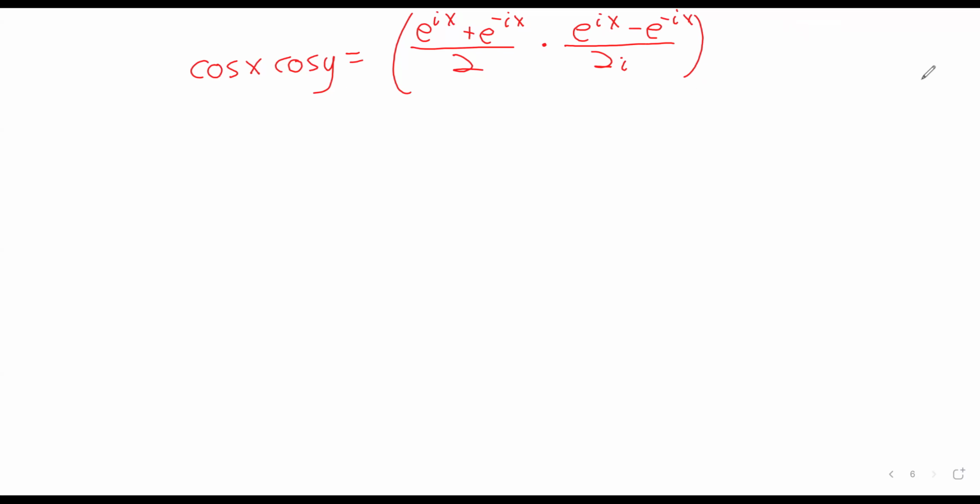Here, that we can distribute. We wind up with 4 terms in the top. e to the ix times e to the iy, e to the ix times negative e to the negative iy, and so on. And when you have the same base, that multiplication turns into addition. So if we just take that 2 out,